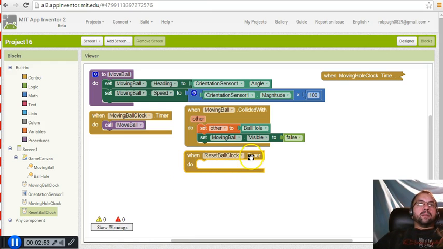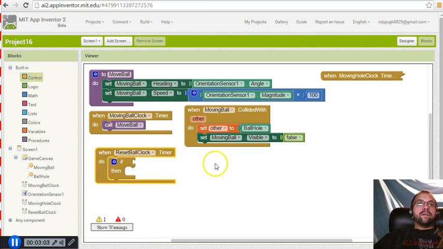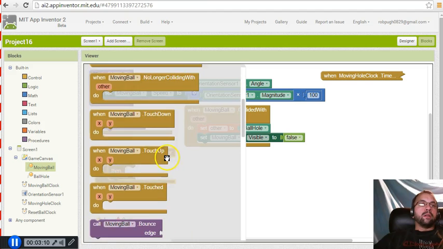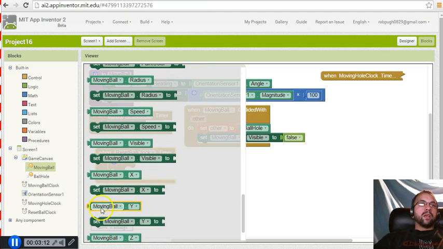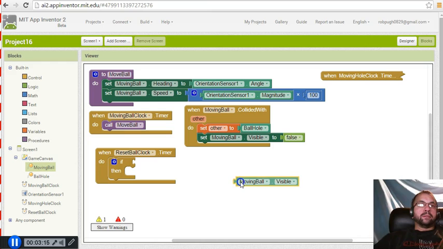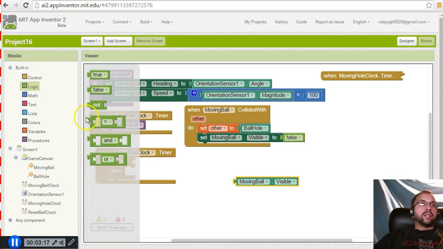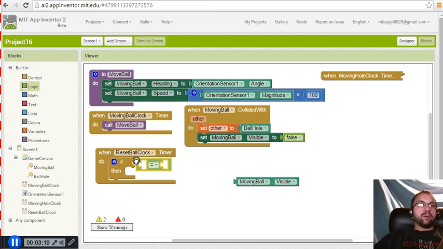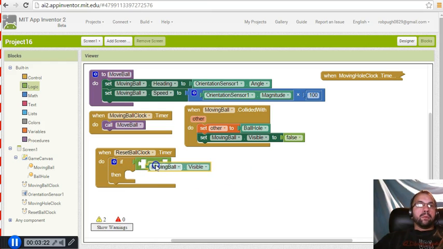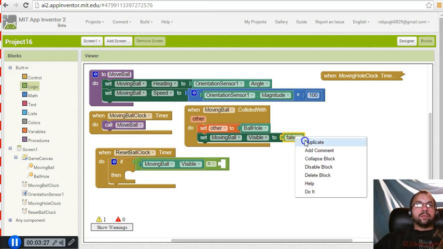Now with this reset ball clock timer, I'm going to have to use one of these if statements we used in a previous video. I'm going to have to check and see if moving ball is visible or not. And I'm going to do this by going to moving ball, and you're going to see there's a moving ball visible option. And I'm going to go up here to logic and pull out the equals. I'm going to put that right in place. So if moving ball visible equals false,